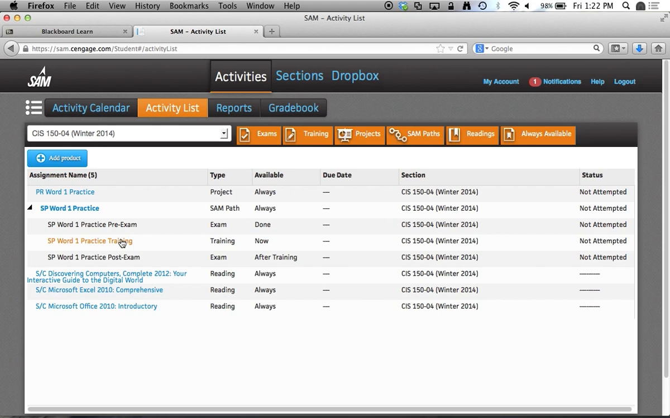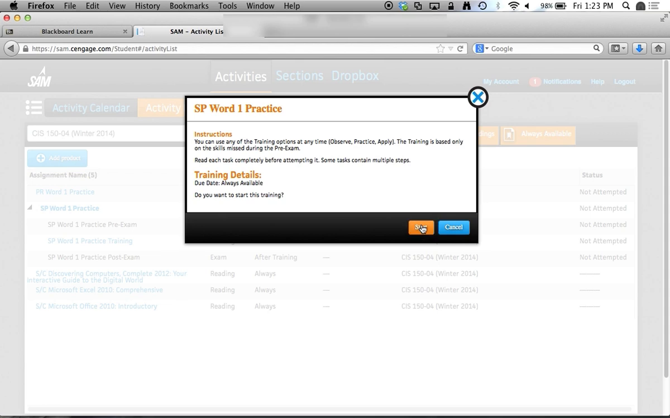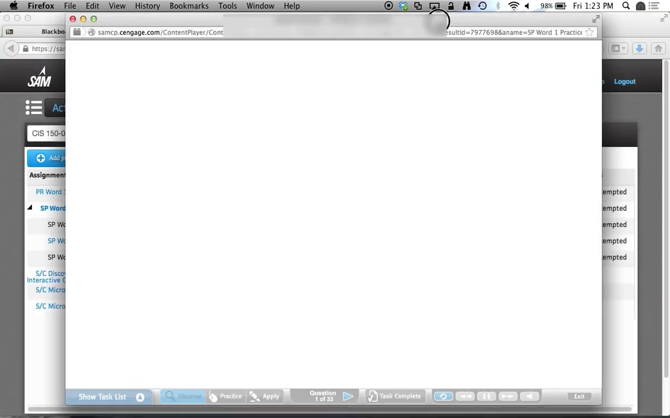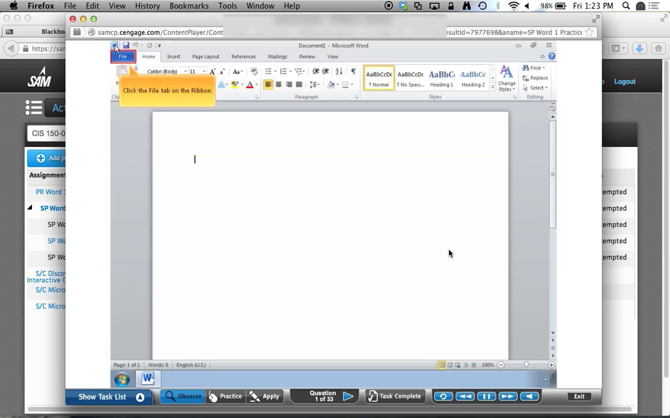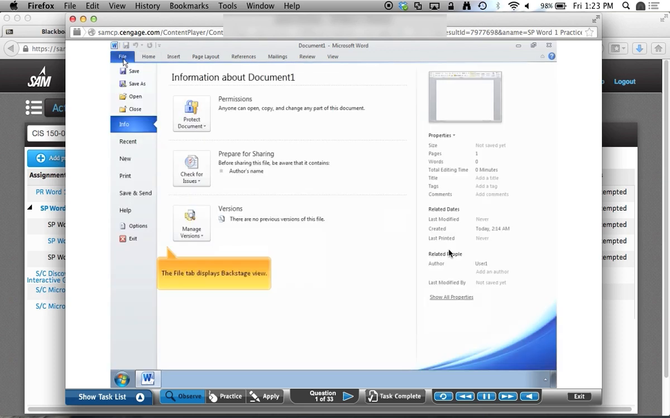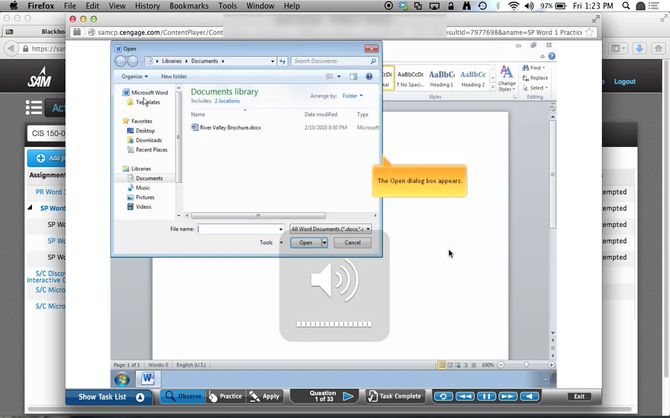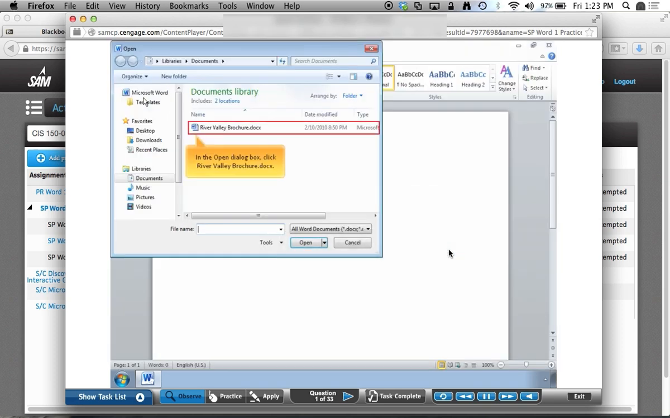Okay, so let's see how the training is graded. Well, I open training, and the training opens an emulator. Just like the pre-exam, the training is administered through this online system. And notice that I'm right now on the Macintosh. And it works just fine because all this Windows stuff, all this Office stuff is inside of an emulator. And if I turn on the audio, it says, in the Open dialog box, click